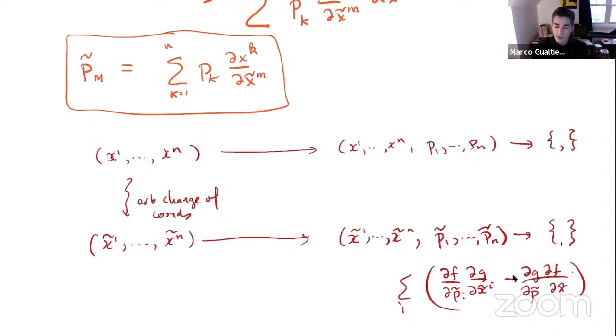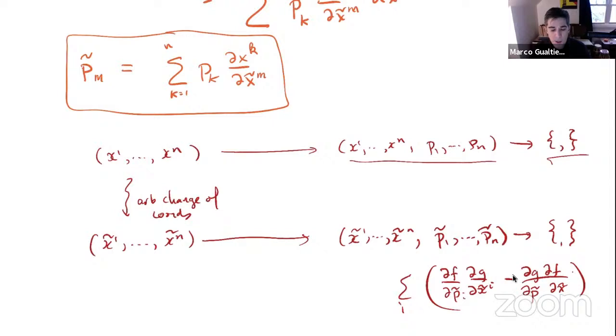Okay. And the point is that the Poisson bracket is the same in one case and in the other case. Even though you're writing it in terms of two different coordinate systems, the Poisson bracket is the same. If you give me the job of computing the Poisson bracket of f and g, then I have to express f as a function of x and p, and then take the derivatives and combine them according to